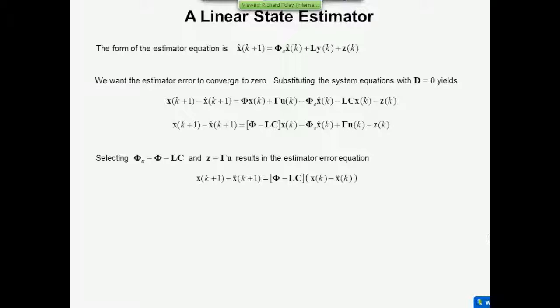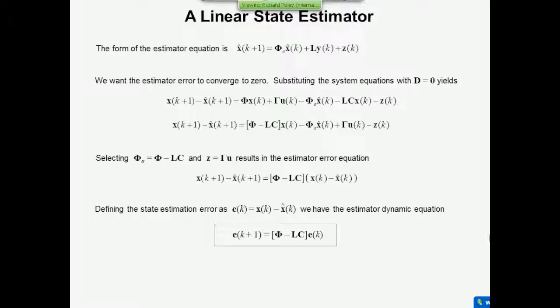And if I define the state error now as the difference between x and x hat, this looks a lot like a first-order difference equation, a homogeneous one, and it's something that we can use to design L. Now, if you take yourselves back to the first part of chapter 7, when we looked at state feedback control, we began by looking at the homogeneous system. There was no input, was there? There was just a feedback matrix. And what was the closed-loop state matrix? It was A minus BK, or phi minus gamma times K. And it was just a first-order difference or differential equation, and that's exactly what we've got here.